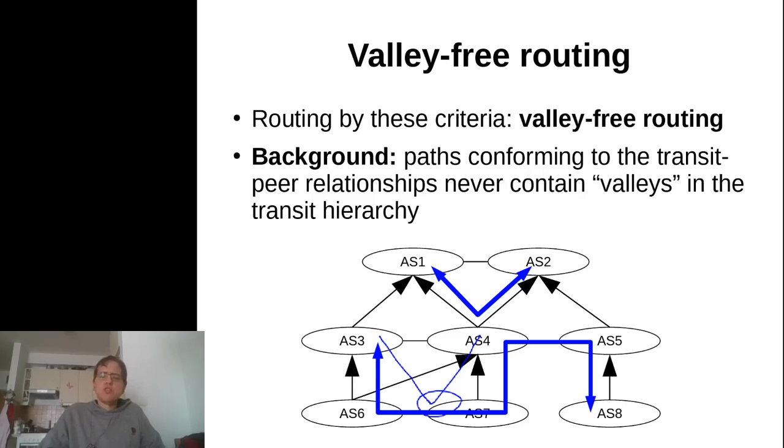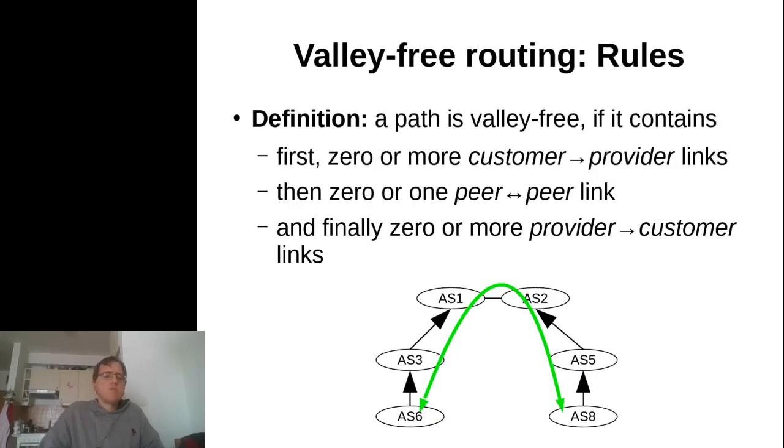So this is the high-level idea: the paths that are usually established in this AS level infrastructure are valley-free. Let's try to make this somewhat vague idea of being valley-free a little bit more